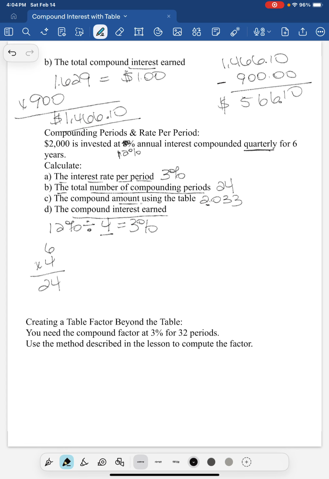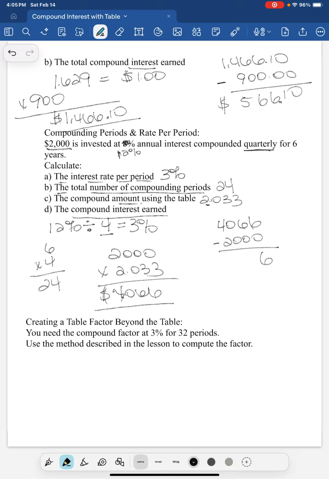And now we need to find the compound interest earned, okay? So we take, how many dollars do we have? We have $2,000. And we take the compound amount per dollar and multiply that out. So if I go to my calculator, I have $2,000 times 2.033, and we get $4,066. That is the total compounded amount. Don't confuse yourself. That's not the interest, okay? So if we do 4,066 and we subtract $2,000, then we see